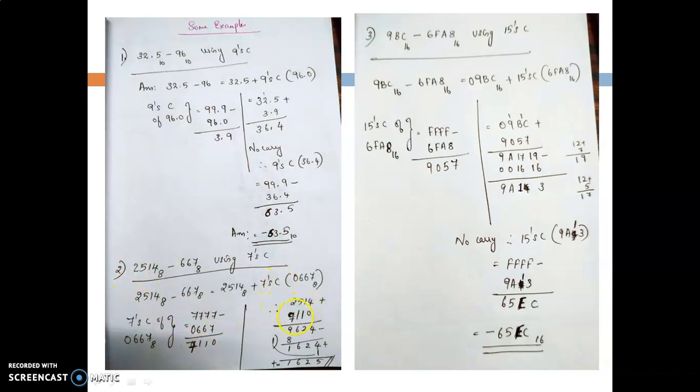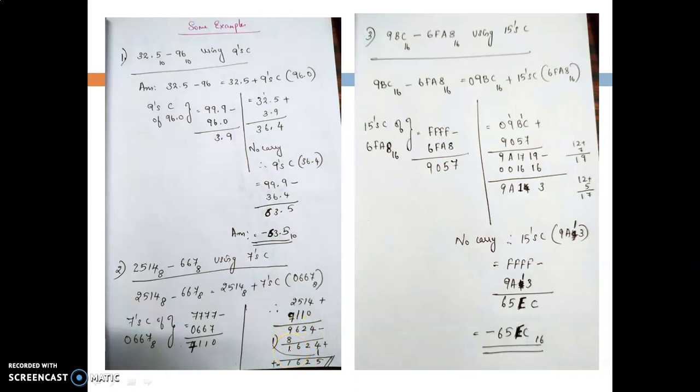So 2514 plus 7110: 4 plus 0 is 4, 1 plus 1 is 2, 5 plus 1 is 6, 7 plus 2 is 9, which is greater than the base. Here you are doing the direct octal addition method. So what is the direct octal addition method? Whenever you get a number greater than or equal to your base, here your base is 8, so what you get is 9, subtract the base and a carry will be provided, isn't it? So what you will get is 4, 2, 6, and 9 minus 8 is 1.